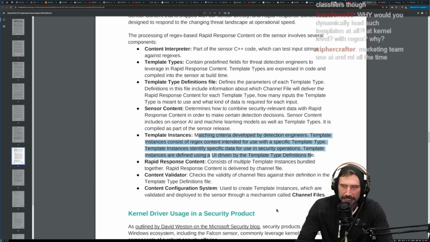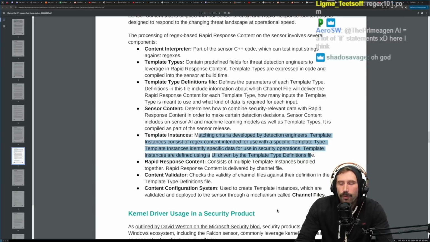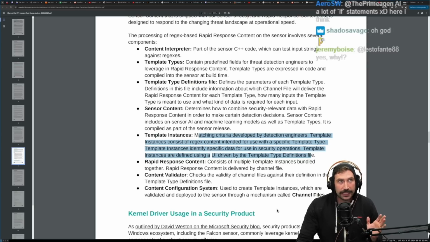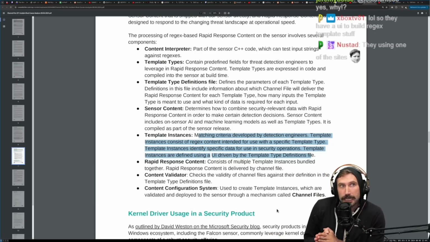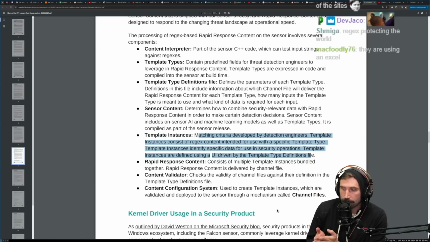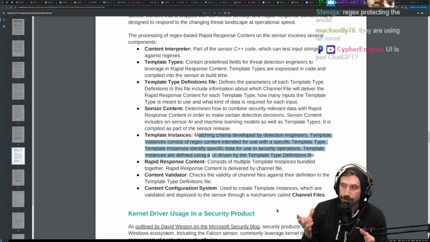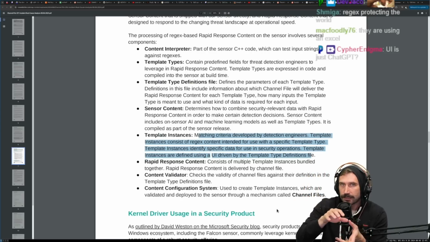Why would you dynamically load such templates at all? At kernel level with regexes. Why? Well, you got to think of it this way. To be completely fair, what CrowdStrike is doing is smart in the sense that, why would you ever want to use JavaScript or Lua? Well, the reason is that you have your actual platform that you write, that runs all of your code, and then you have your UI or a way in which you can easily adjust it depending on needs, depending on customers, depending on new tests you want to run.